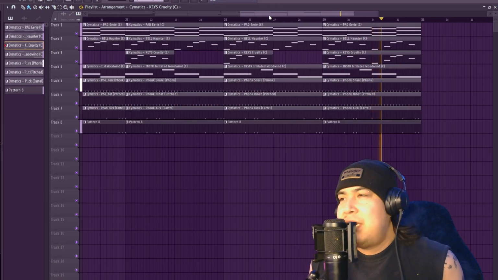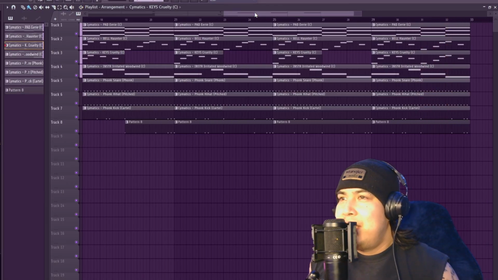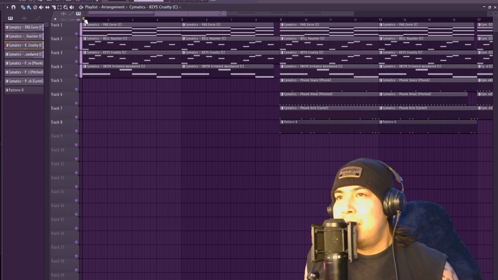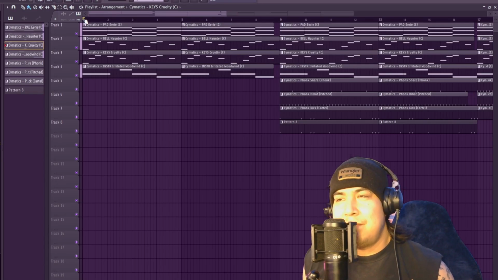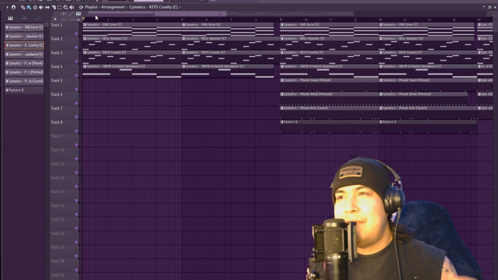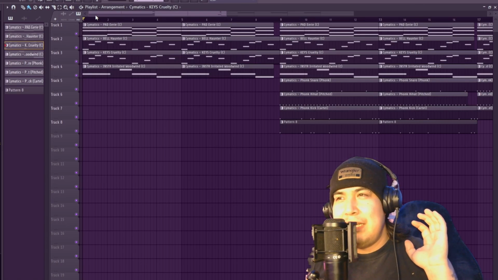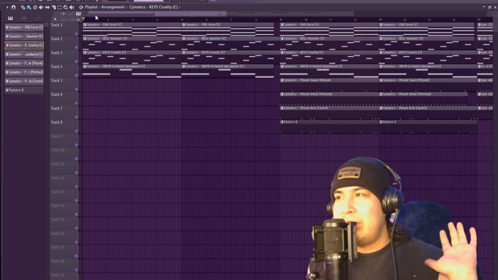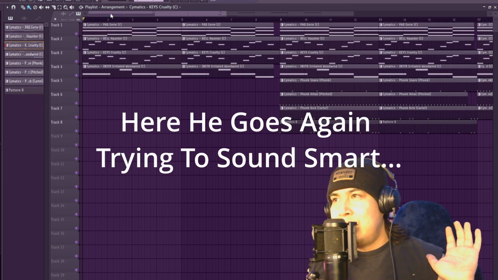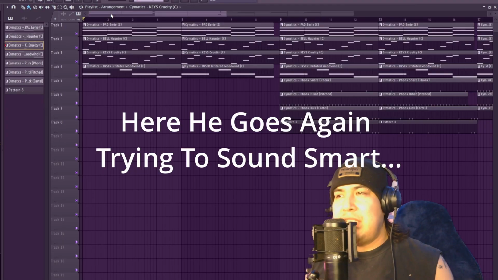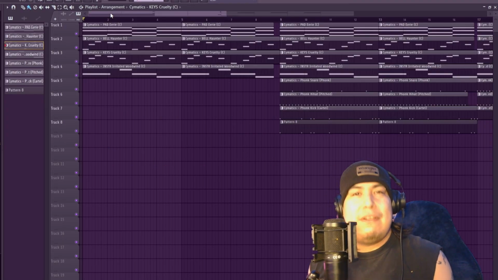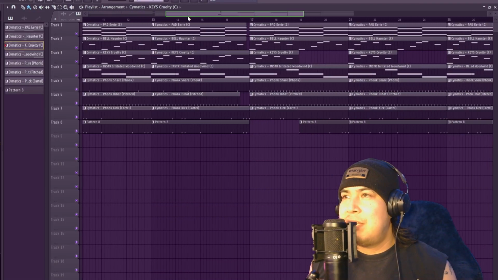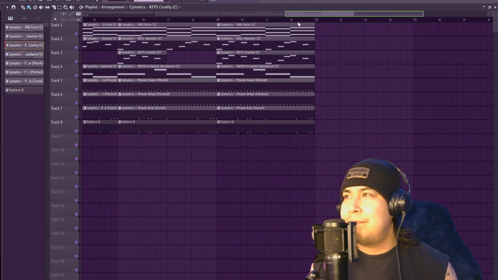See, sometimes making beats is like doing a puzzle. Sometimes you just have to find that right piece, and if it fits perfectly, you know it's going to work. You just need to know where everything goes and how everything's going to fit, because sometimes you don't have the proper table, sometimes you don't have the proper surface. But